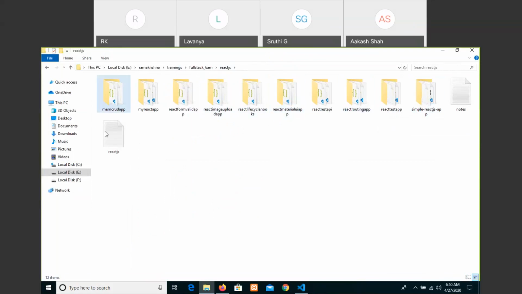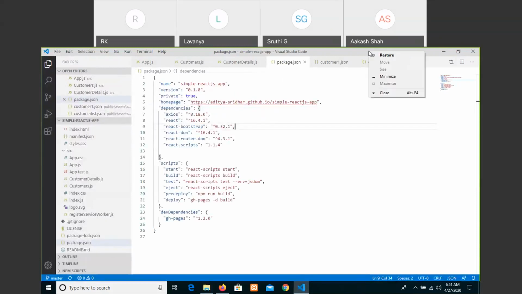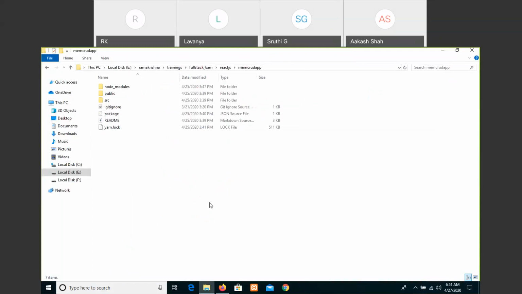So now we want to enter into the concept of the MERN application. We have an idea about Express, Node, and MongoDB, which we have done already, and we even have an idea about React. I have already done the basics, such as creating a React app.